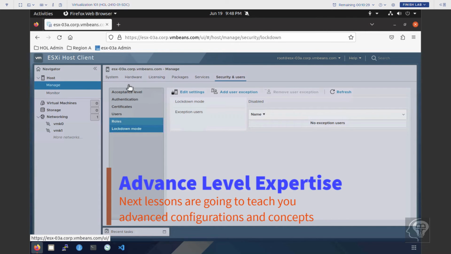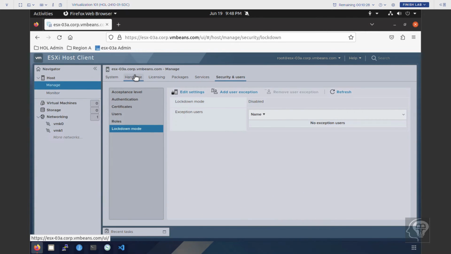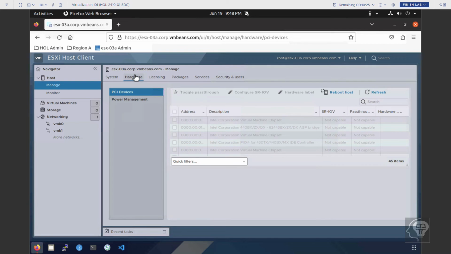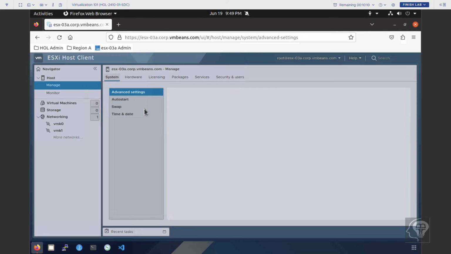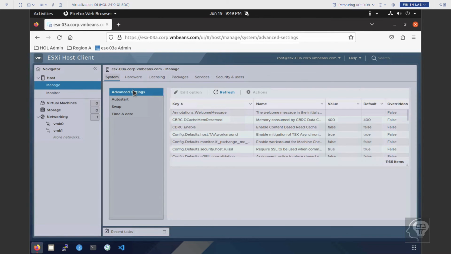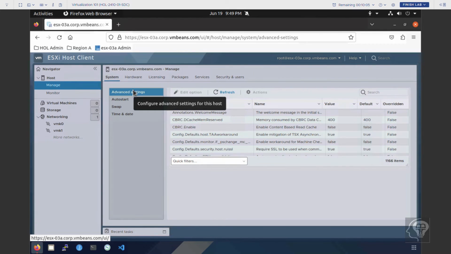Okay, so it's going to let you know about the number of hardware that is installed within your ESXi host, in terms of PCI devices or power management devices, or any network adapter card that is a part of it. So you're going to see the hardware, and under the system, it's going to talk about the various different services running within